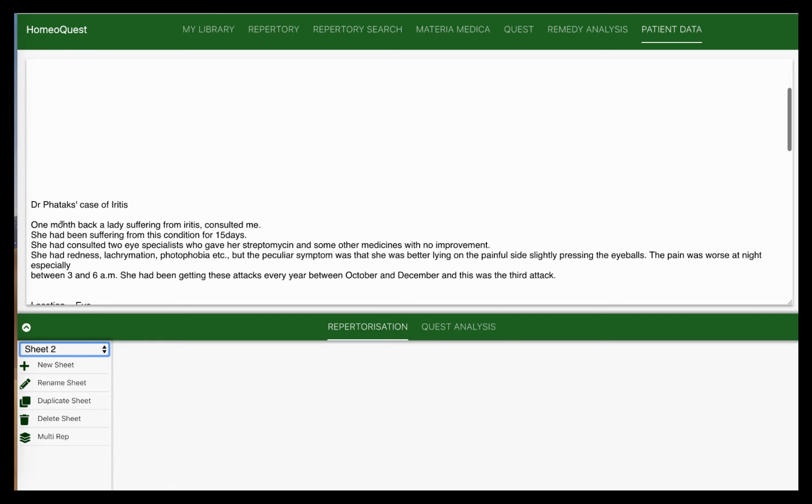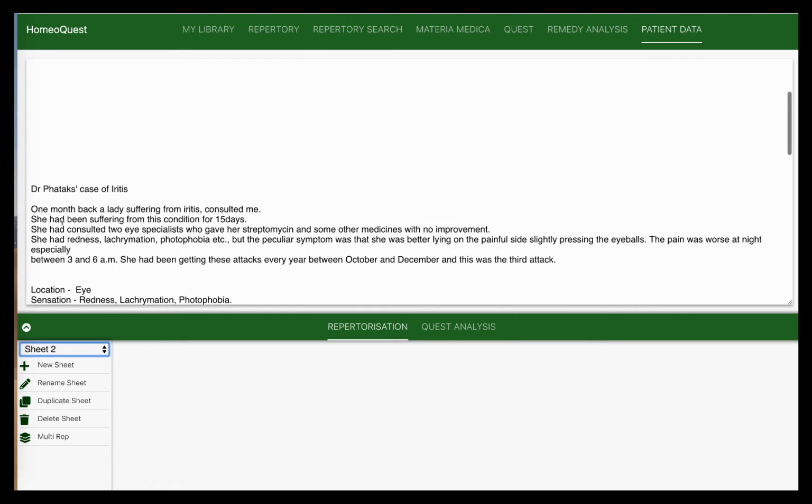So the first thing you have got to do is don't just start opening up your repertories and start putting in whatever you see here. There is a very important filtration process called case analysis, which has to happen between your case taking and your repertorization process. And when you have a case such as this with physical symptoms, with a good location, some good sensations and really good modalities, you're looking at using a Bonninghausen approach here. So you break it down into all these components, because it's a complete symptom. So I've looked at,